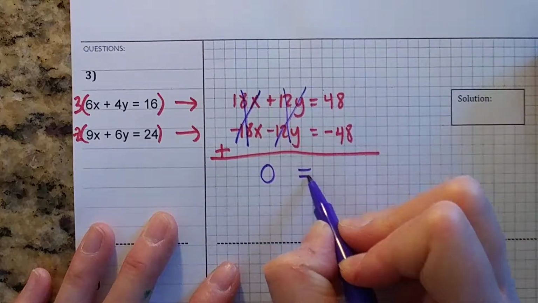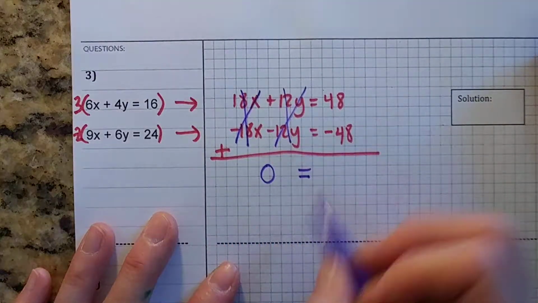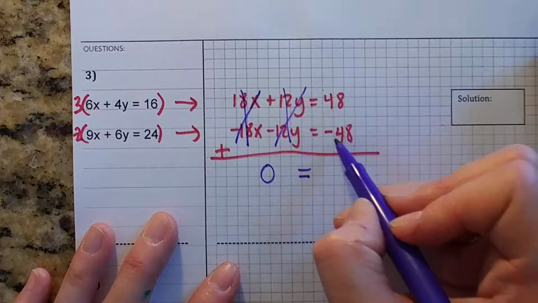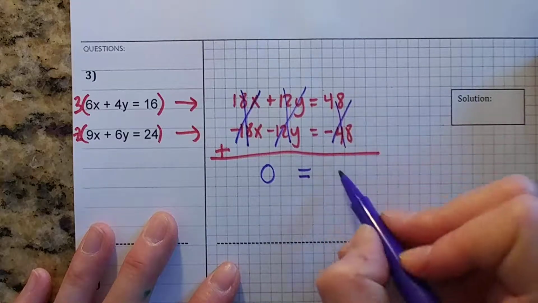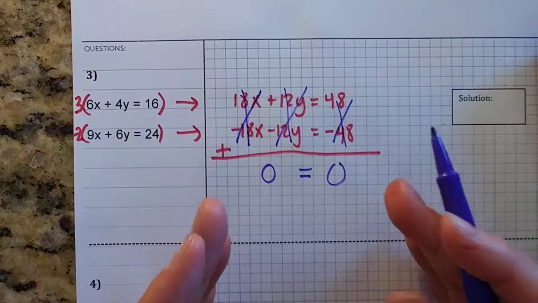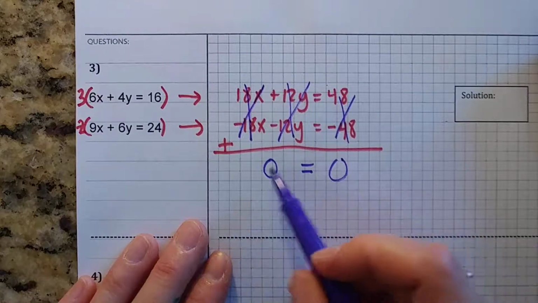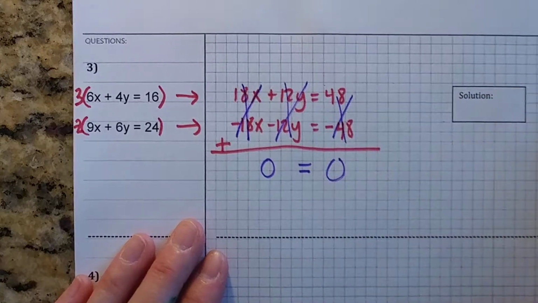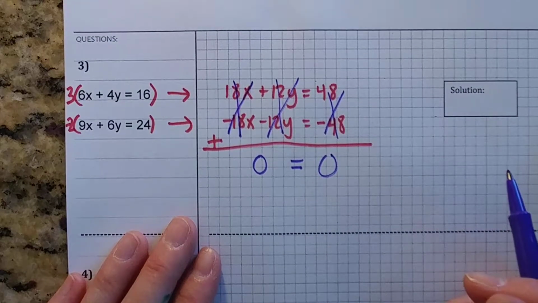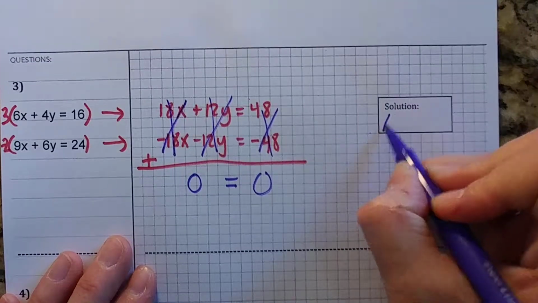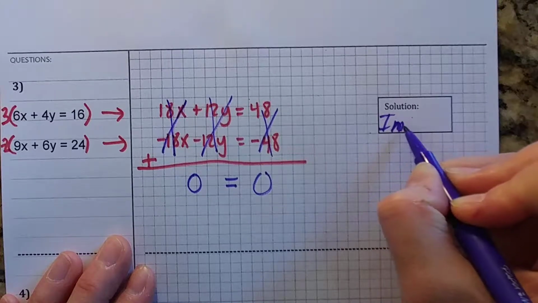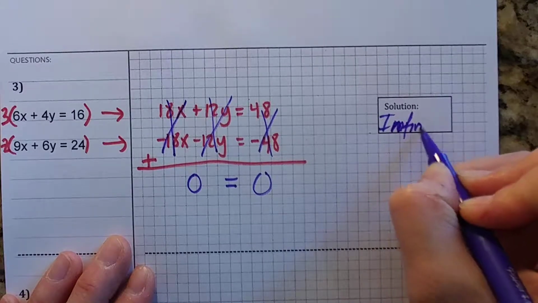The value of the entire left side is 0. Oh boy. 48 and a negative 48, that's also 0. I end up with the variables canceling out and 0 equals 0. That's true. That's an identity. What do you think this means? You're right. It means infinite. Can't spell today. Infinite